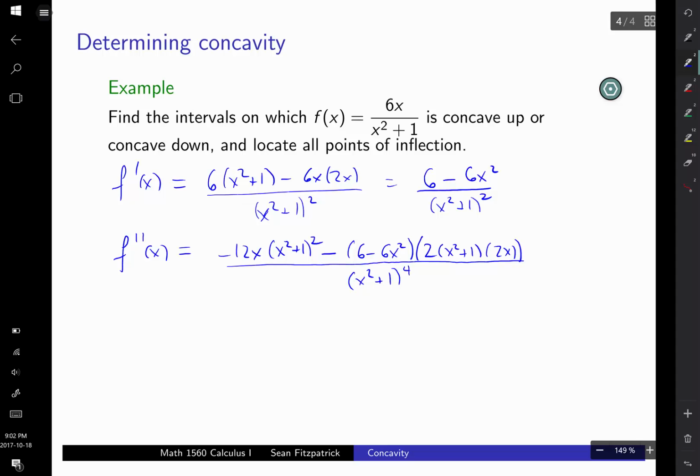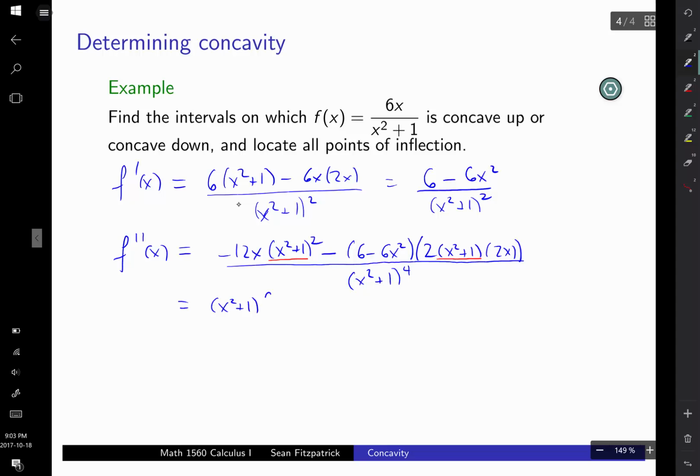Okay. Now we've got to clean this up. We've got to simplify. One of the mistakes that's easy to make when you're taking higher derivatives of rational functions is to expand that denominator. Don't. Leave it factored. Leave it as a power, because you're going to find simplifications. And notice that both of these terms have at least one copy of x squared plus 1 in them. So if I factor that out,